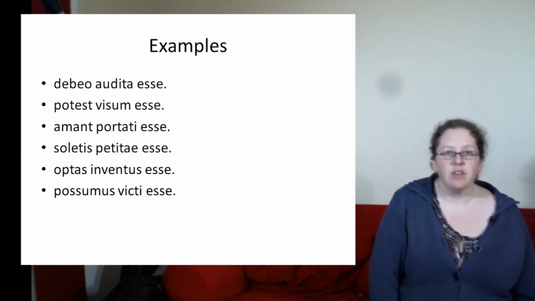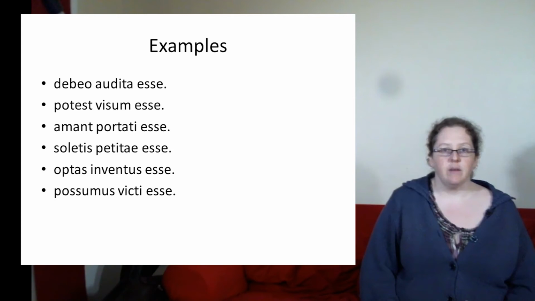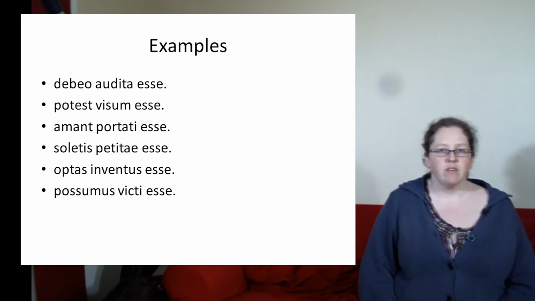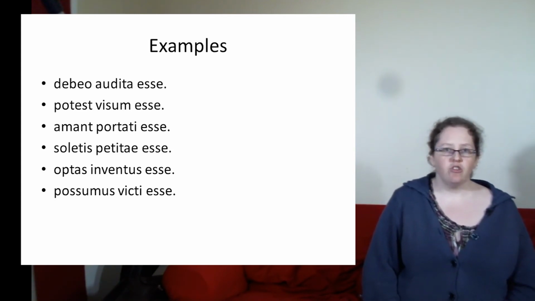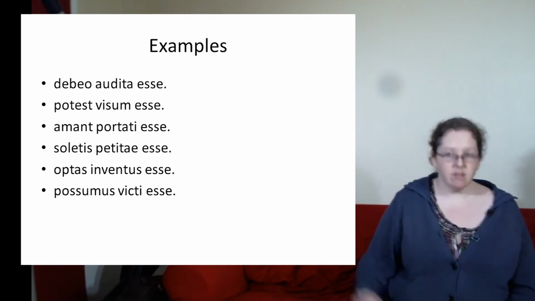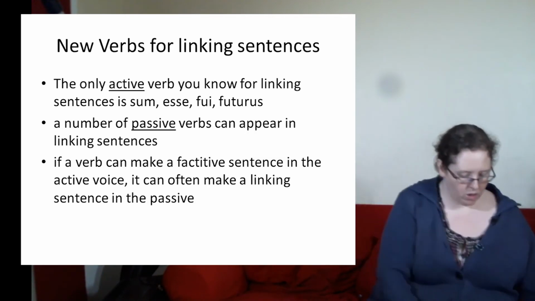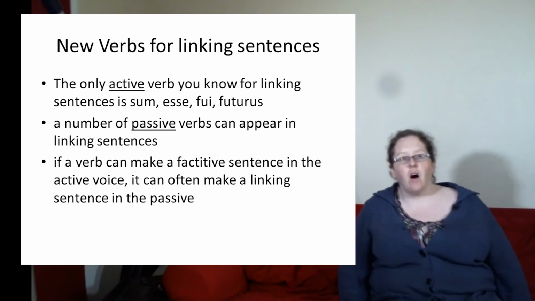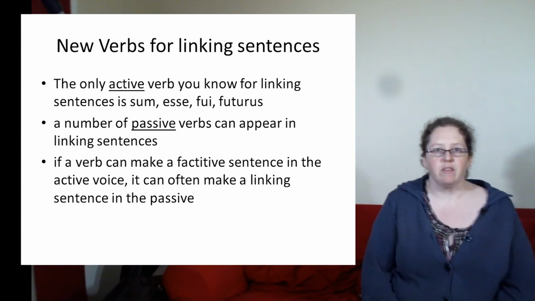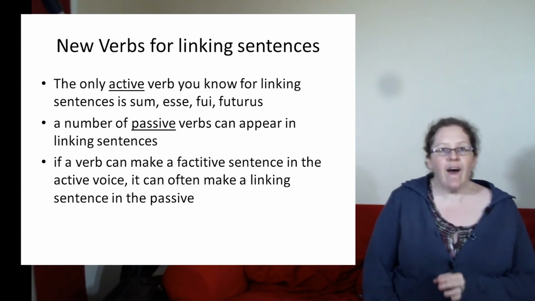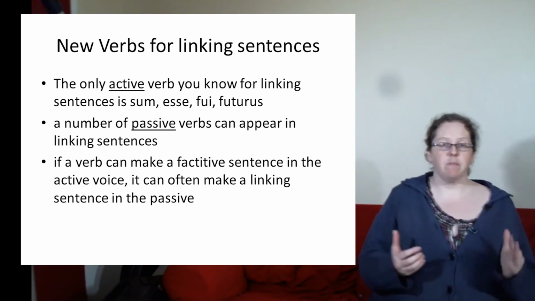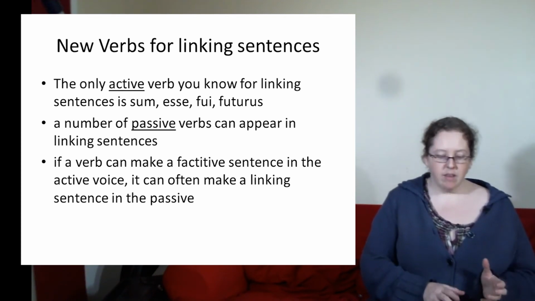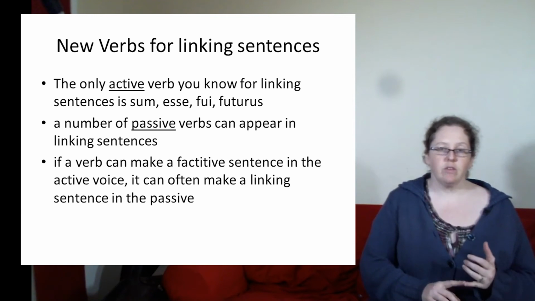The last thing to think about for the passive voice is how this changes linking sentences. And here is a slide. There is a slight effect on linking sentences because of the passive voice. In the active voice, the only verb that we can use at this point for linking sentences is sum, esse, fui, futurus. So a linking sentence is something like,